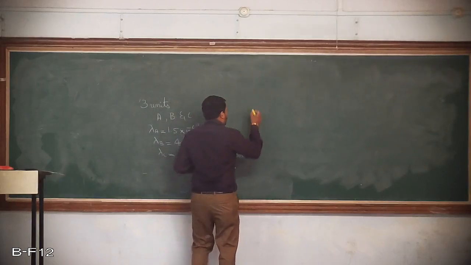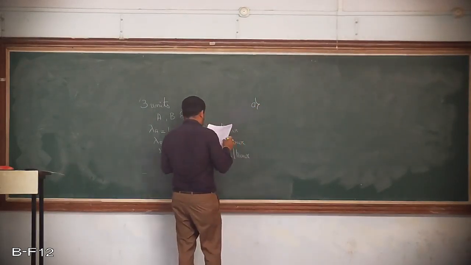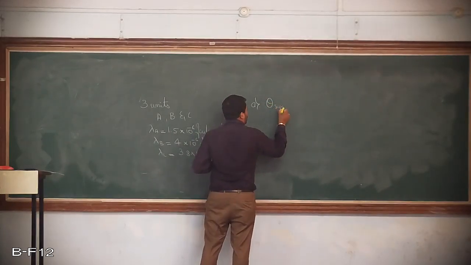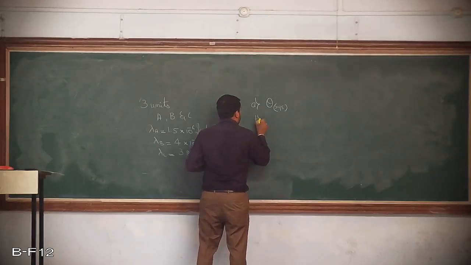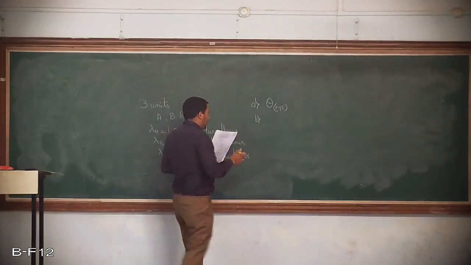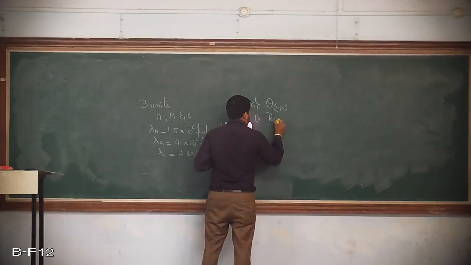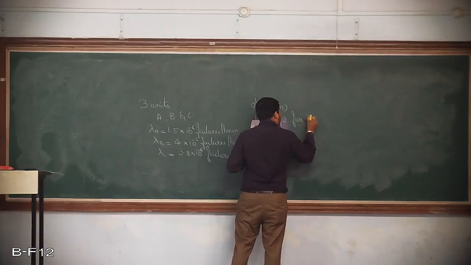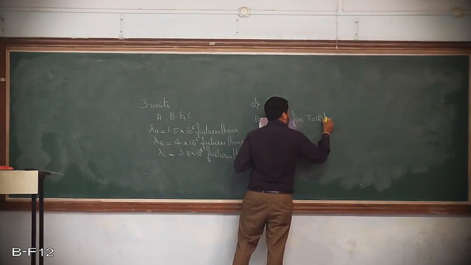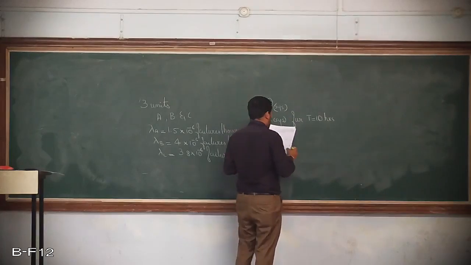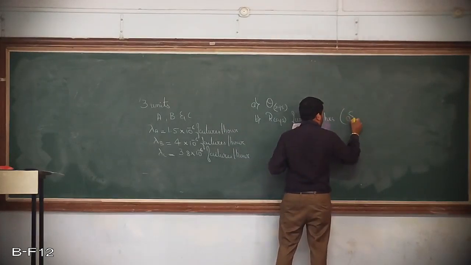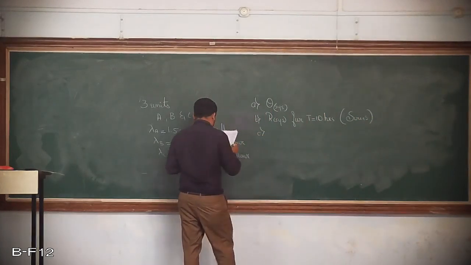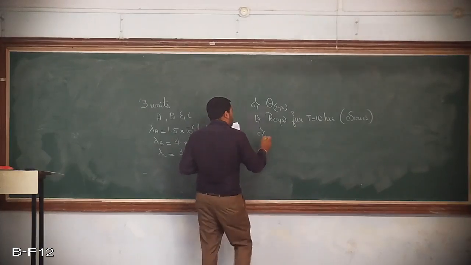So what they have asked you to find is, for the first bit, the mean time between failure, and second, the reliability of the system for a time period of 10 hours if the components are connected in series. And third bit, they have asked you to find out the same